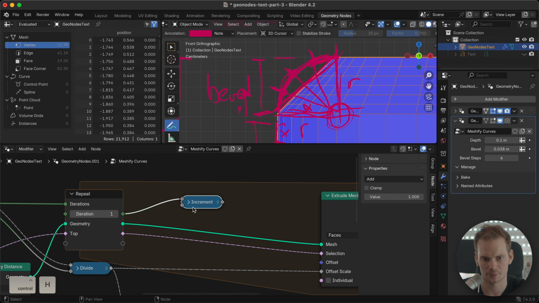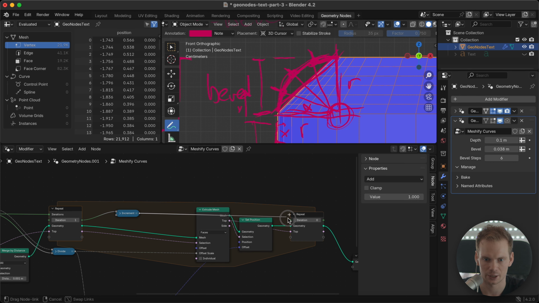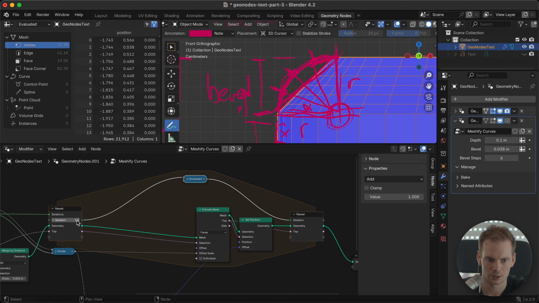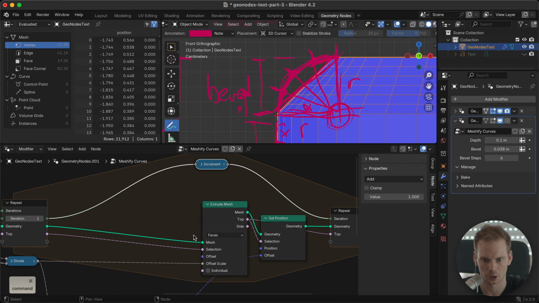Actually, I have to undo that by hitting Control H again, because it would also hide this, because it's unused. Let's use it by plugging it in here. It doesn't really matter where you do this, but now we start with 1, then we increment it. So here it's 2. So the second time we loop, we start with 2, and it becomes 3, and so on. So now we have our loop, our iteration here. And hit Control H to hide that, so that cleans it up a little bit more.